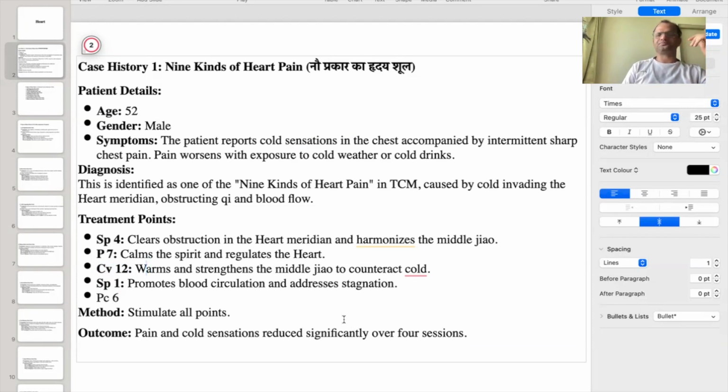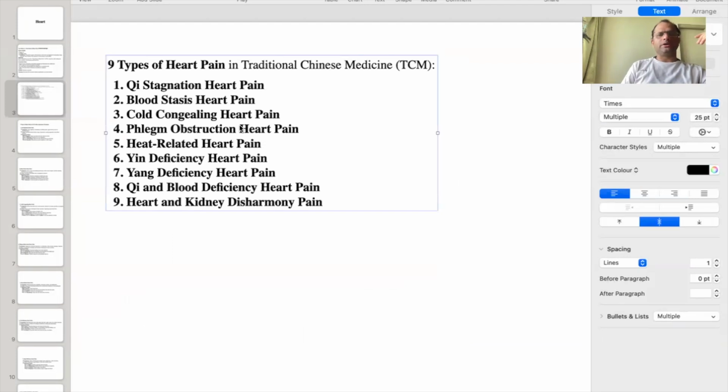3 to 4 sessions. If you want to know what all 9 types of heart pain are: heart pain because of chi stagnation, blood stasis, cold, which we have just seen, phlegm-fire obstructing the heart, heat, yin deficiency, yang deficiency, chi and blood deficiency,